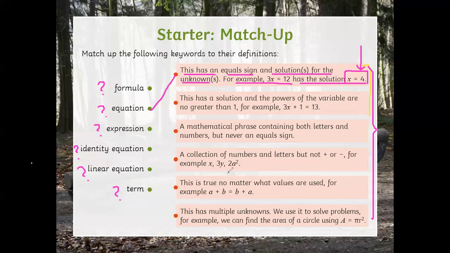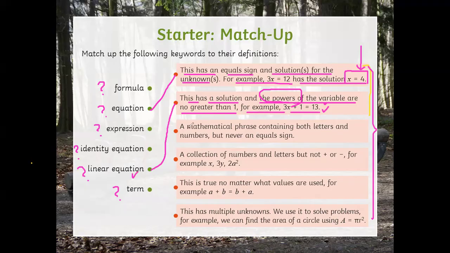It could also be, let me see, other definitions. Okay, we'll have to be careful first. Okay, this has a solution and the powers of the variable are no greater than 1. For example, 3x plus 1 is equal to 30. Now, when they mention the powers of the variable or the unknown, the algebra, are no greater than 1. It's just 1. Then you must by now relate this to the word linear, and thus it's known as a linear